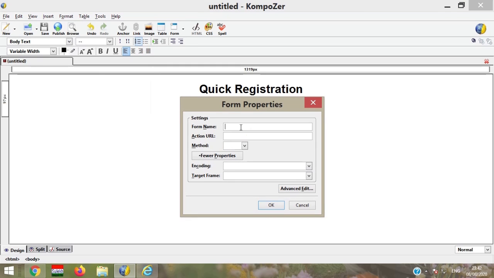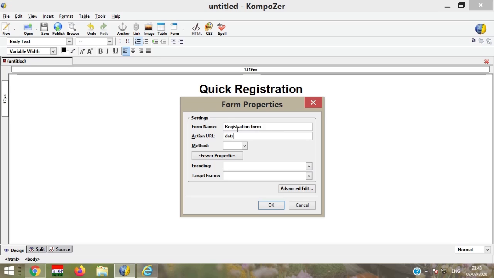This is the first step. Here you can see the form properties menu appear on the screen. Then write a form name, registration form.